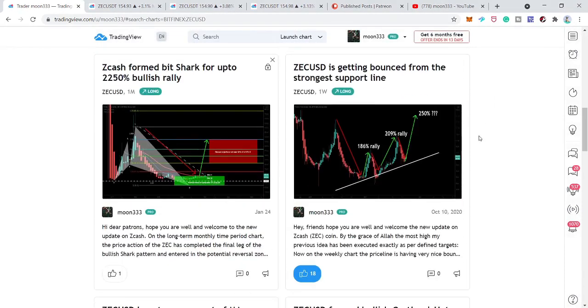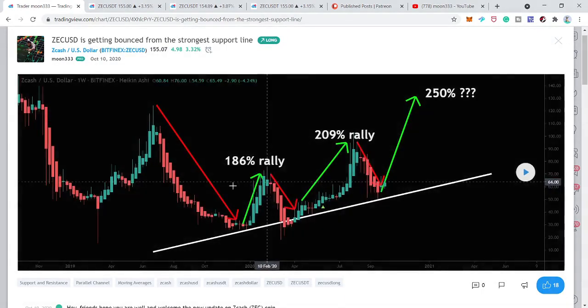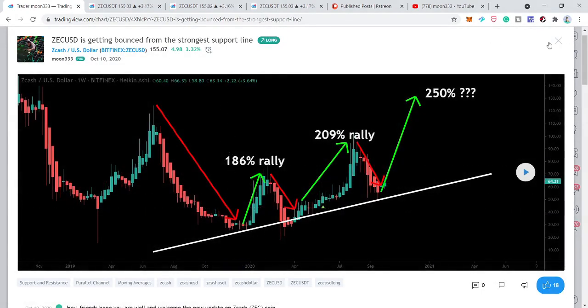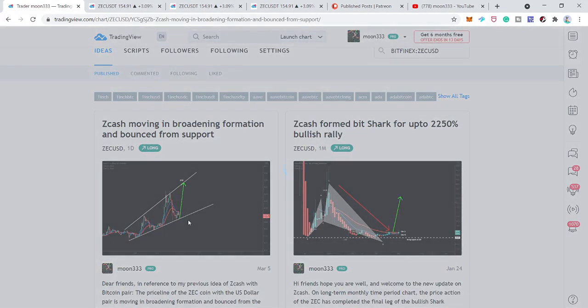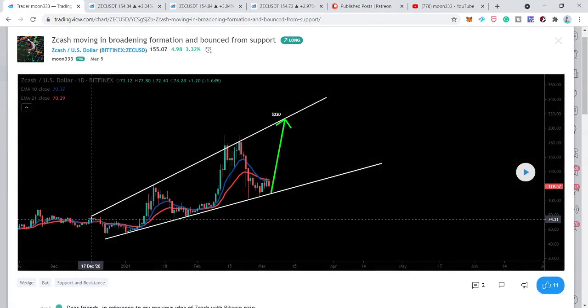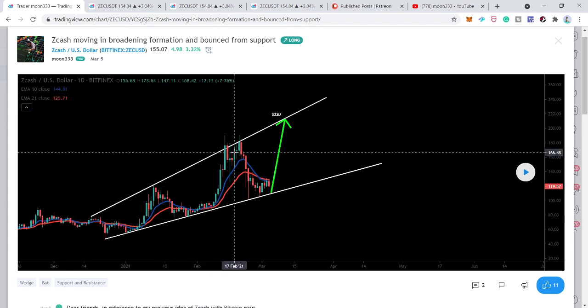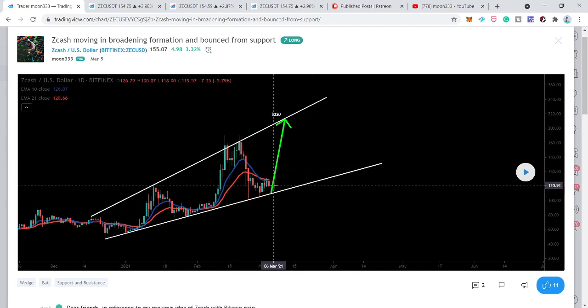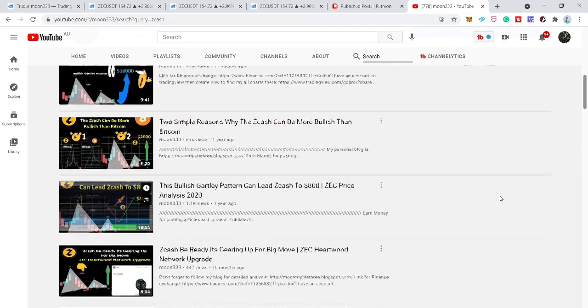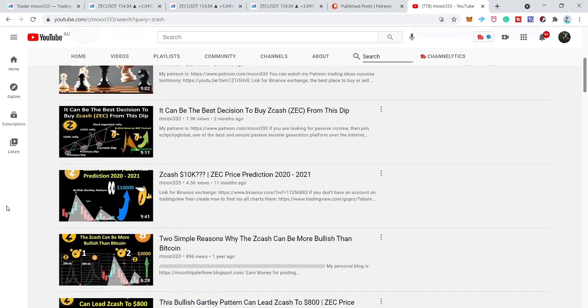Previously we were looking at this uptrend line support that was formed on the weekly time frame chart, and this move turned into this broadening formation that is on the daily time frame chart. And we can see that price line entered in this broadening formation in the month of December, after the mid of December, and it was moving very well between the support and resistance. And I told you that this time it can again hit the resistance of this broadening formation. And I also shared this move with you in the shape of video, and at the Patreon